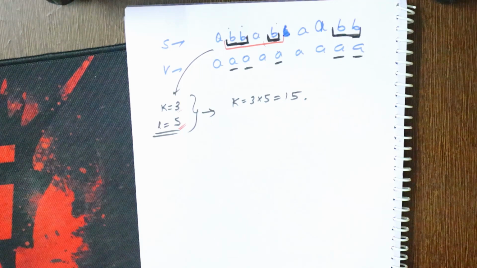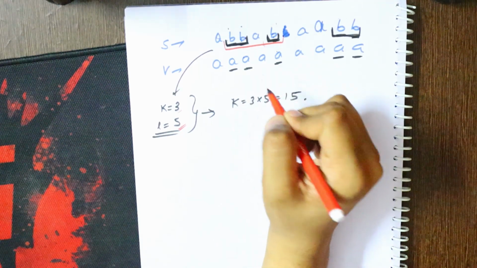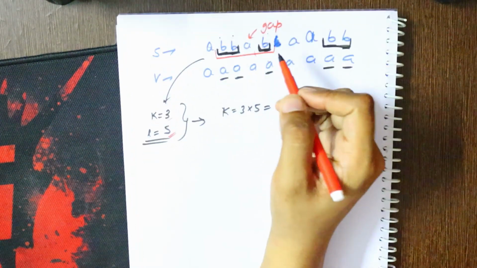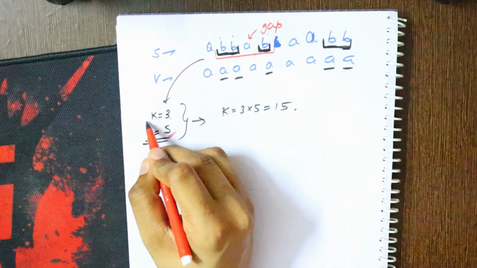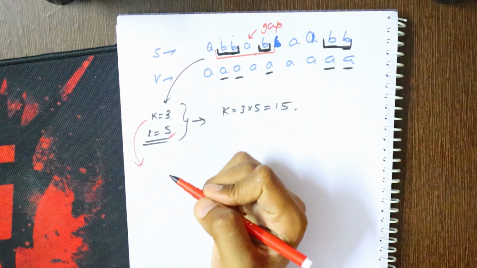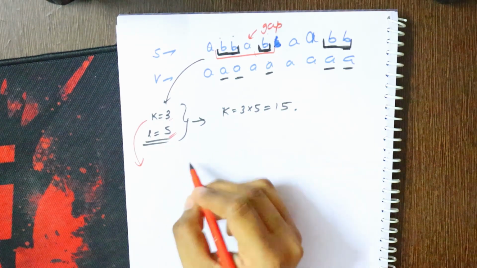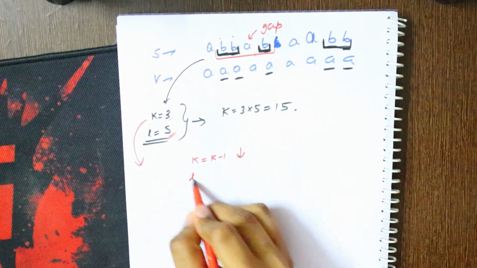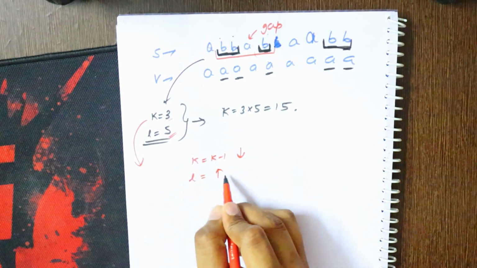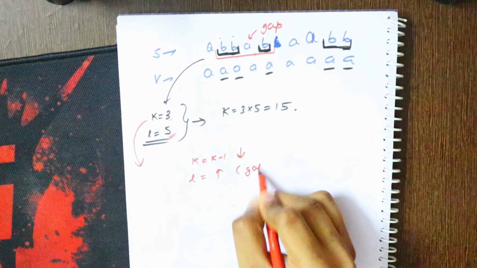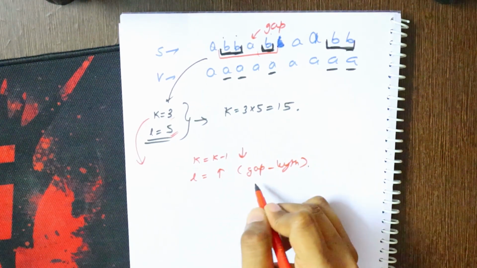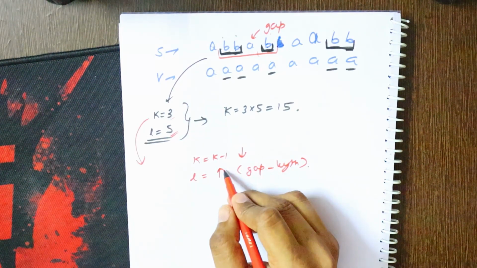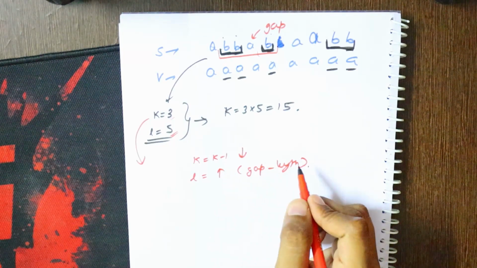So actually if we include a range, I say it is a gap. If I include a gap, the value of k will reduce by 1. At every step when I include a gap, the value of k will reduce by 1. But the value of L will increase by a particular amount which is equal to the gap length. Understanding? The length of the gap, it will increase. So if one is reducing and the other is increasing, I want the answer to be minimum.